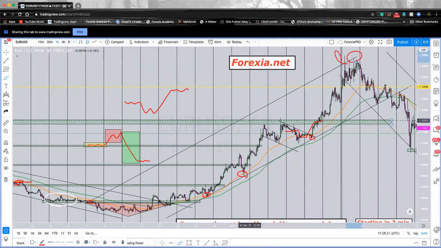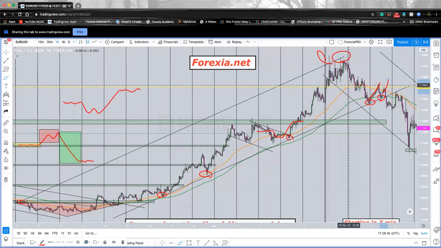Now this resistance became support, and this trend line is touching 4 and 5, and right after it, inducing retail traders now to buy. Everybody see this? It's not magic. You probably paid for someone to tell you to trade like this, or you found it on YouTube or some free courses that teach you to trade like this.